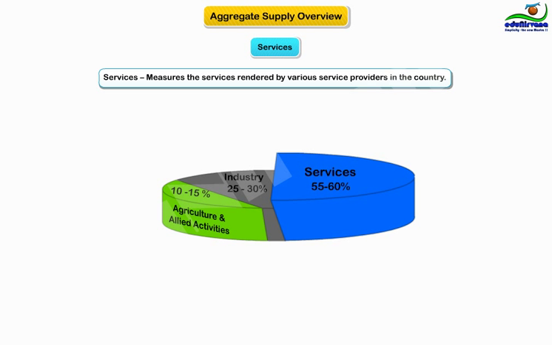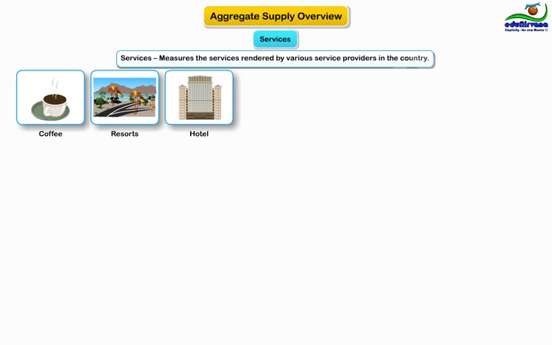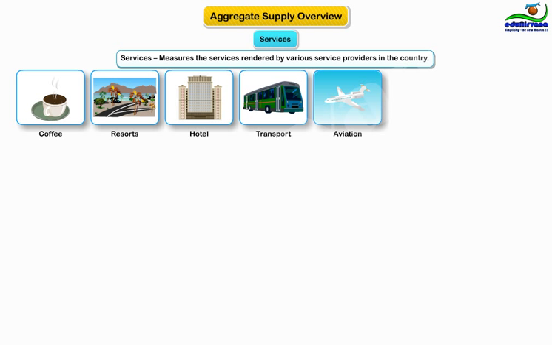So, services could cover all of coffee produced by the nearest coffee shop, holidays offered by some hotels and resorts, food served by hotels, transport services provided by travel agencies, aviation services, that is cargo, provided by transport companies, 2G, 3G,